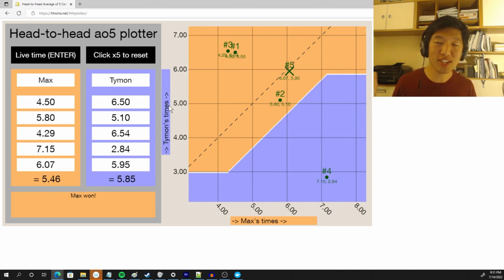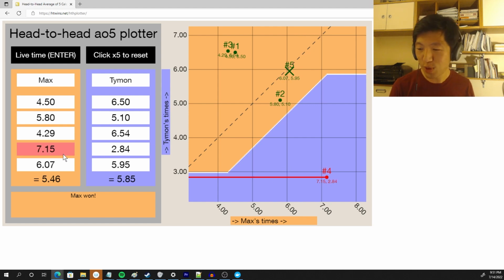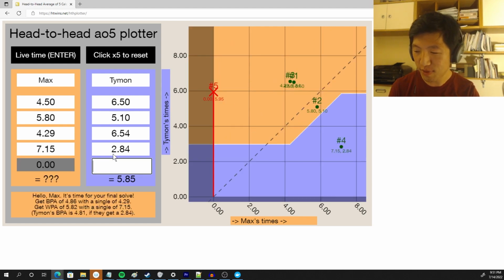By the time they start, the coloring is already set in stone, and those 5th solves only determine where that X lands on that coloring. It's sort of like the first 4 solves create a treasure map, and then the 5th solves tell us where on that treasure map we are. Another point is that if we rewind a bit so that the 5th solves haven't been done yet, we can